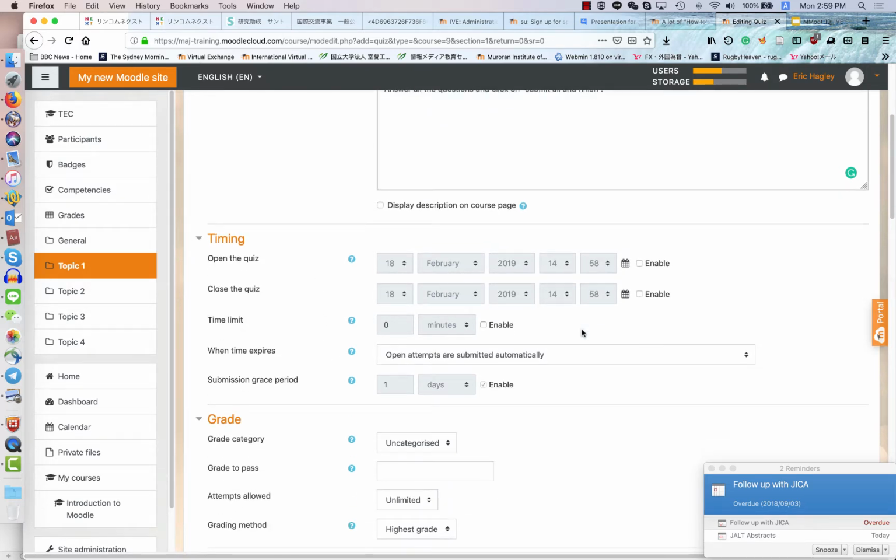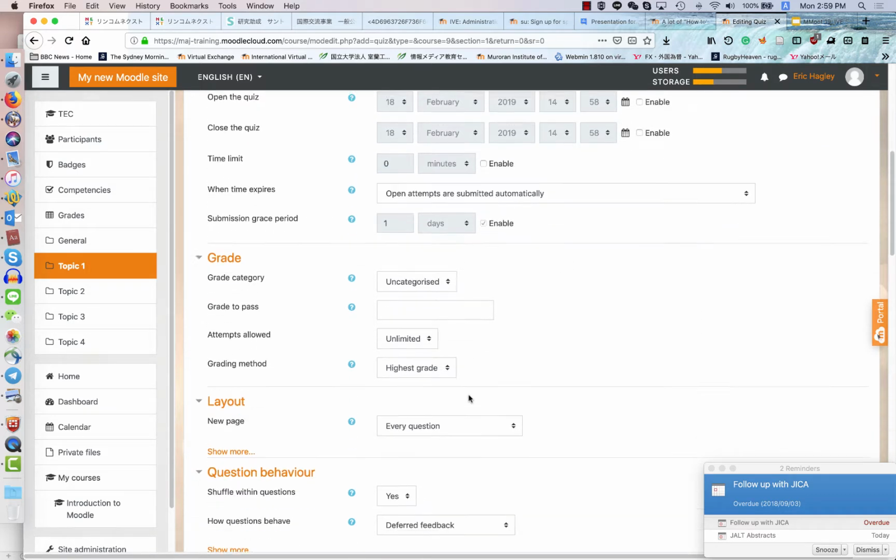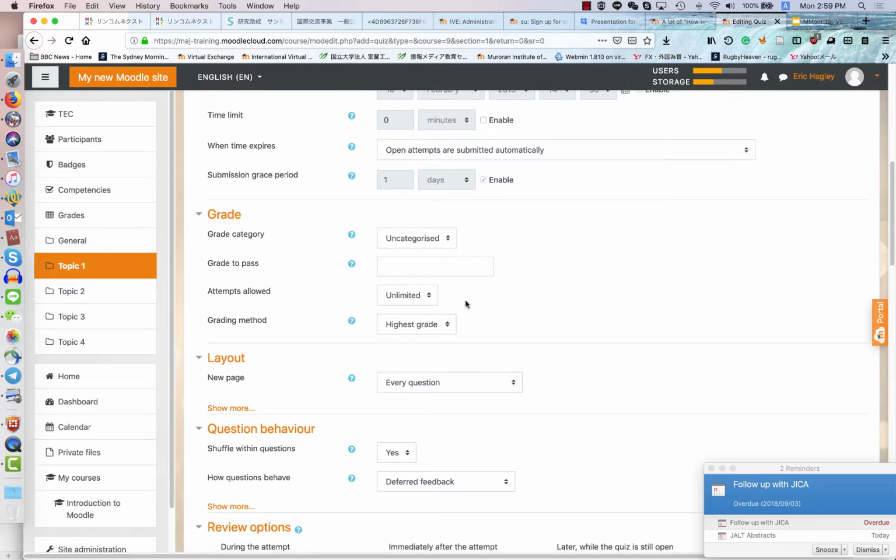So basically what you can see though is you can set time limits, you can set periods where they can or cannot take the quiz, you can specify grades, etc., highest grade, average grade if you want them to do it more than once, obviously highest grade or average grade, and